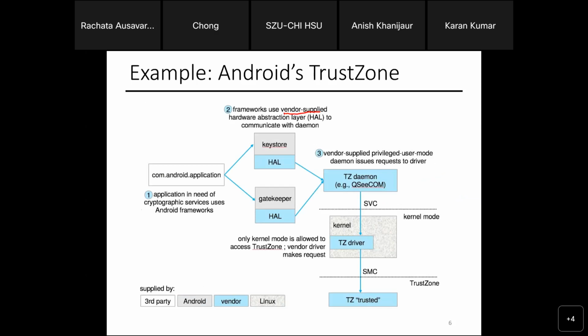What is a phone vendor? Can someone give me some names of different Android phone vendors? Samsung, right? Google, for example, they have their own phone as well, right? Basically, all the companies that produce the phone. Why is the framework based on the vendor supply abstraction layer? Are all the phones from different companies, do they look the same?